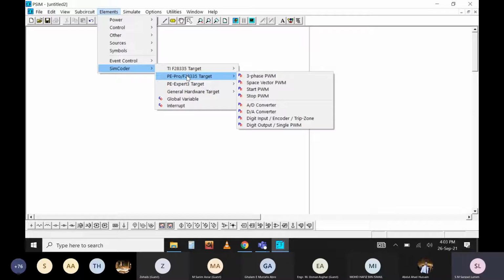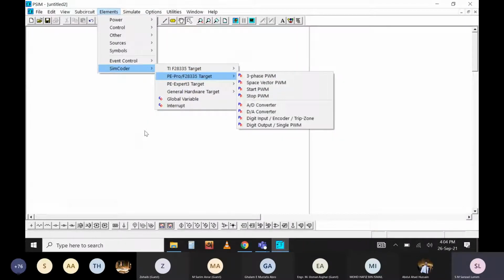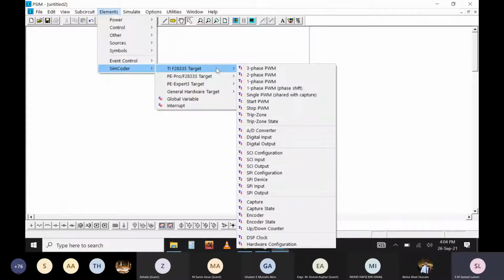So you can simply convert this control algorithm, control block from PSIM into C code and write the code into this target board. You don't need to worry about how to write the code or how to design the control system. You simply design the circuit and control system here. If it works perfectly, then you can simply transfer this control code into the target board. It's very convenient. If I get enough time at the end, then I might share some ideas about this later. Let's see.